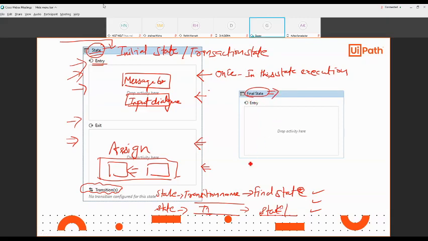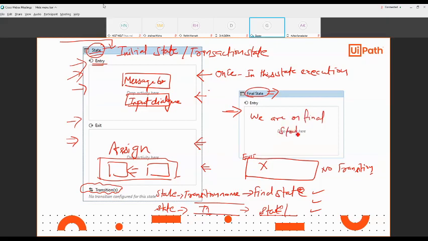And in the final state, you can see there is no exit box. There is no exit, no transition. Only entry. When it comes in, you can mention in a message box, yeah, we are in the final state, if you want to mention.